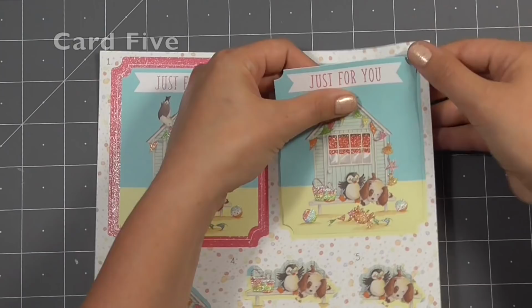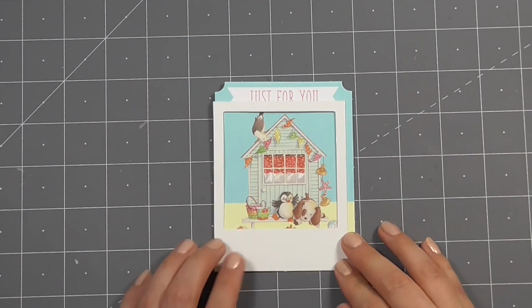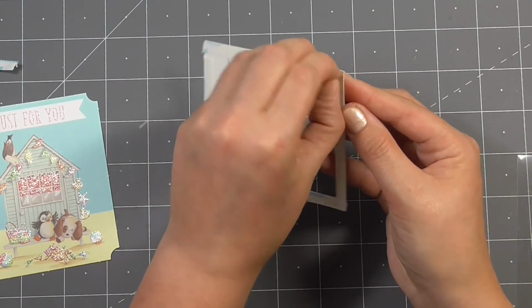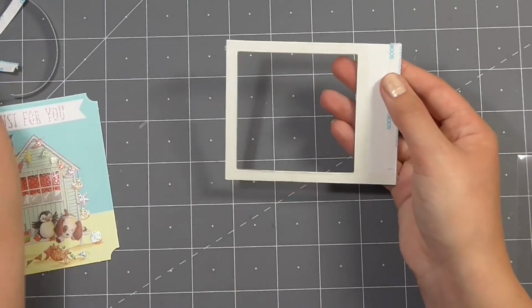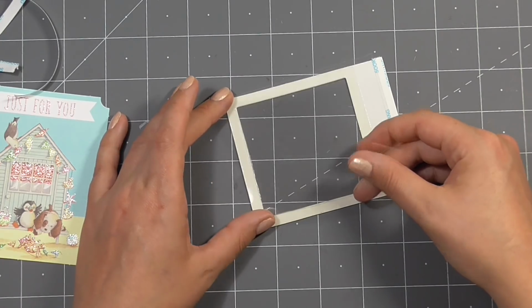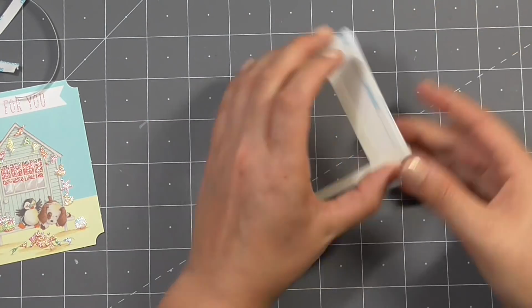Okay, so card 5, we've got another beach hut, and this time it's from the decoupage sheet, and I wanted to make it into a Polaroid picture frame. So I had this Polaroid frame in my stash, and I added double-sided sticky tape all around those edges. I'm just being careful to make sure that it's only on those edges and not hanging inside the frame. And then I'm adding a piece of acetate to cover that up because you guessed it, I'm making a shaker